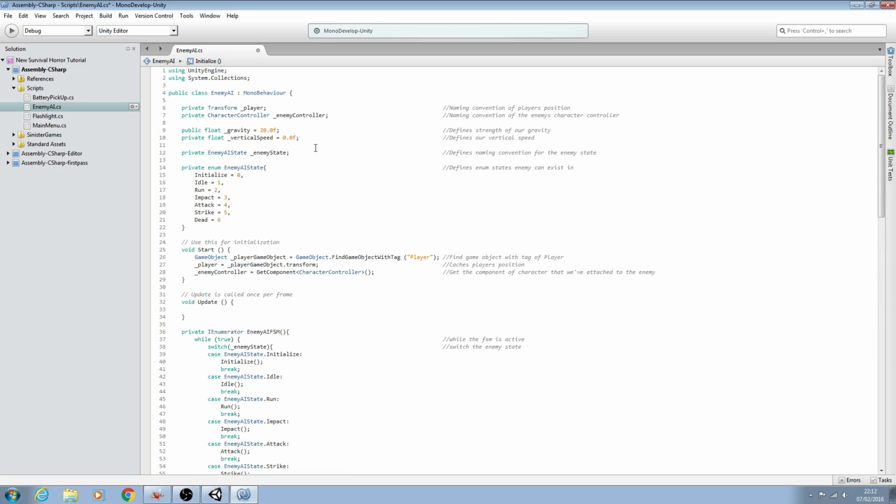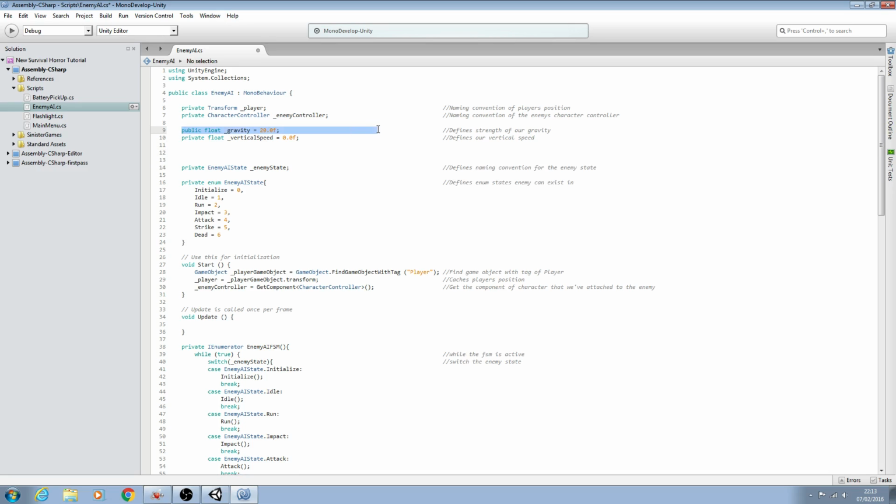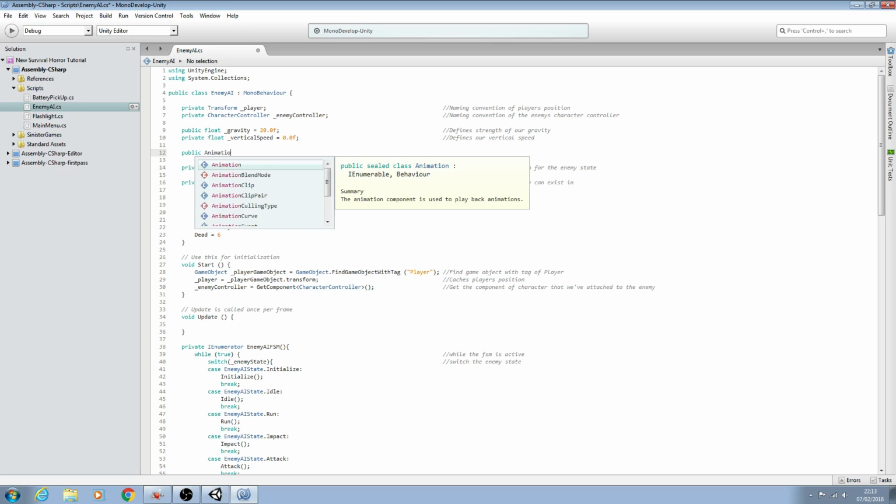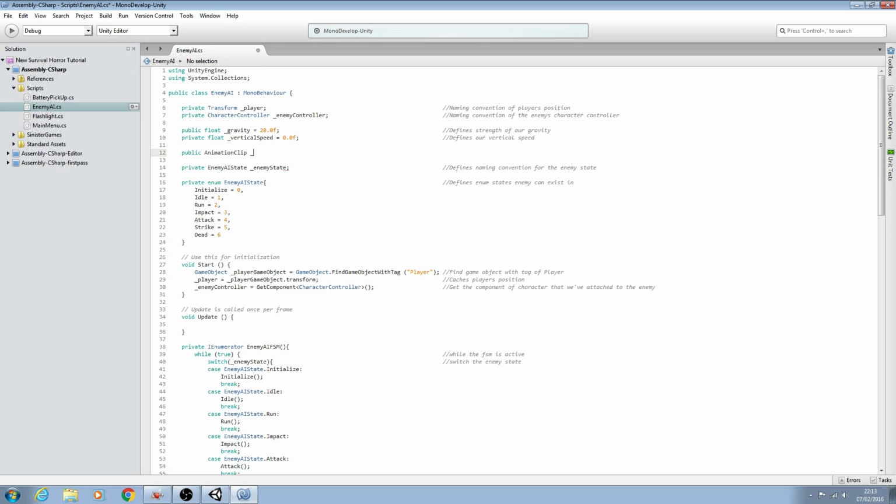And now I'm going to come up to the top here, and I think I'm just going to come below where we created the gravity variables. So this needs to be of type public, and it's going to be of type animation clip, and we'll give it a name of underscore idle animation, and we'll close the line off. And again into the comment, so we'll say create slot in inspector to assign our idle animation, and we'll just save that for now,